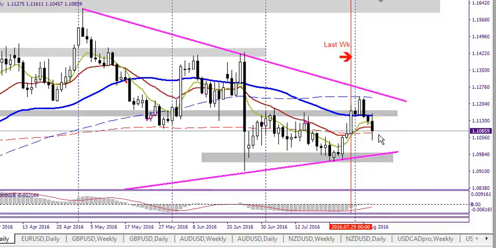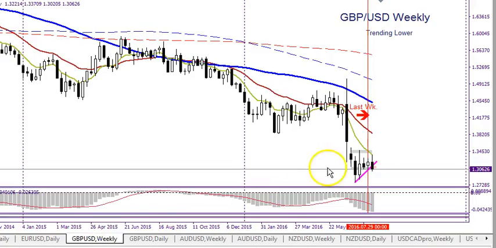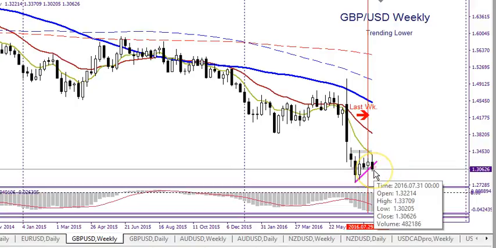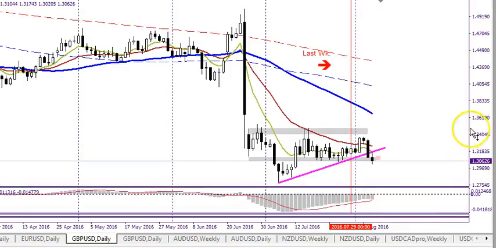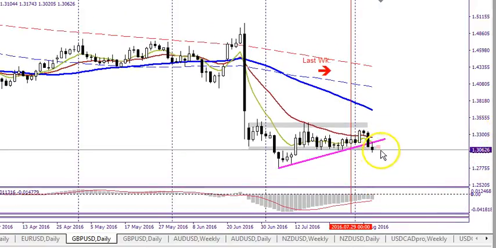Now the next pair is the British pound USD, and that was the big story last week. You can see on the weekly, it was a weekly engulfing candle, okay? And so that's an indication that price is going to keep going down much further. Let's switch to the daily, and there you can see the daily. However, the daily is now,